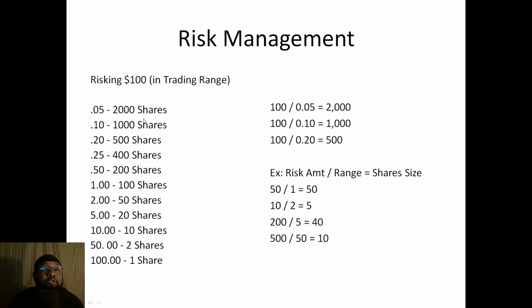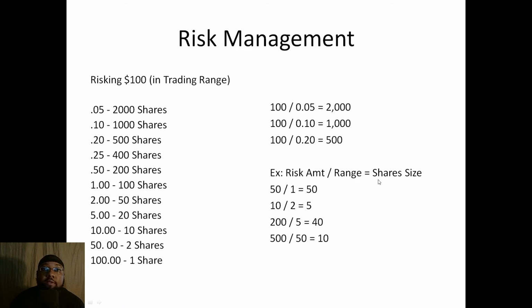I knew, if my entry and my stop, I know if I had a 5-cent range and I wanted to risk $100, I would need 2,000 shares. I already knew it. If I wanted to risk $100 and my range was 10 cents, I needed 1,000 shares. The same with 20 cents, I needed 500 shares. 25 cents, I need 400 shares. And this simple math is basically you're done right here, where your risk amount divided by the trading range equals